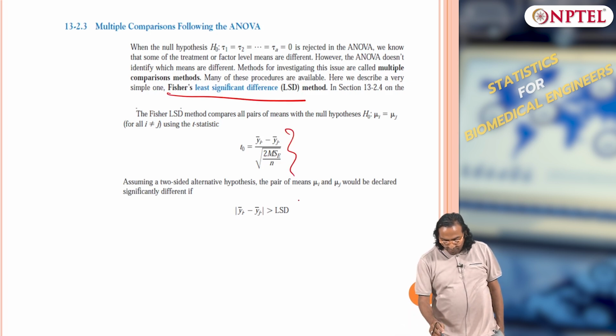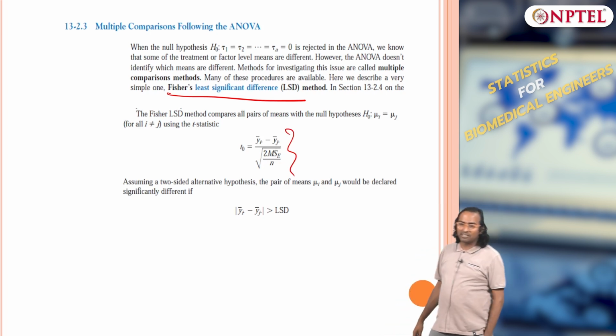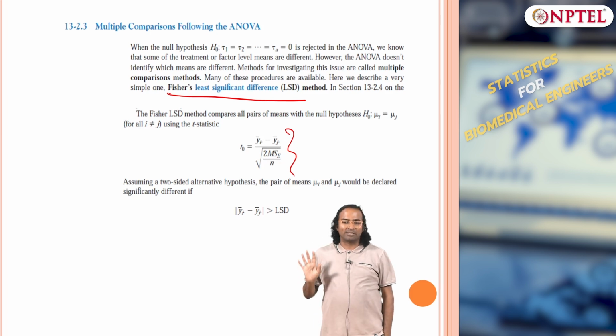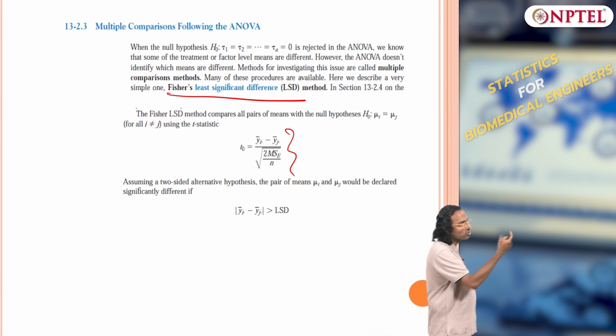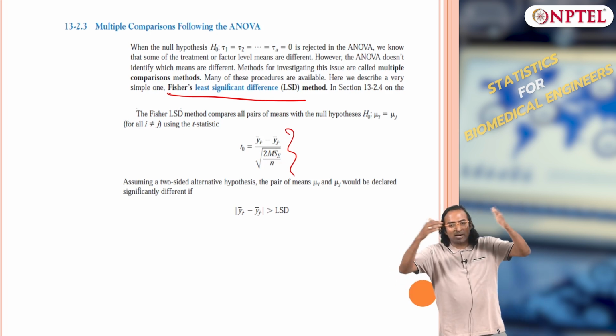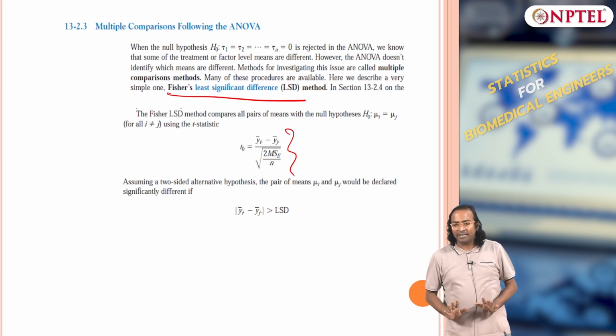There is nothing different from your 2 sample test. People give a jargon, it is called Fisher's test, but it does not mean anything. It is a jargon, it is the same 2 sample test. When you do a 2 sample test, whether these 2 means are equal or not, that is what Fisher's test is. After you do an ANOVA, and if you do 2 sample, it is called Fisher's test. But it is the same idea.